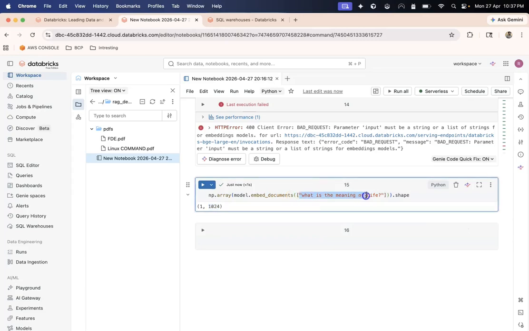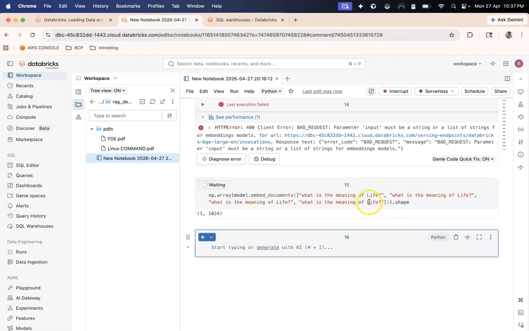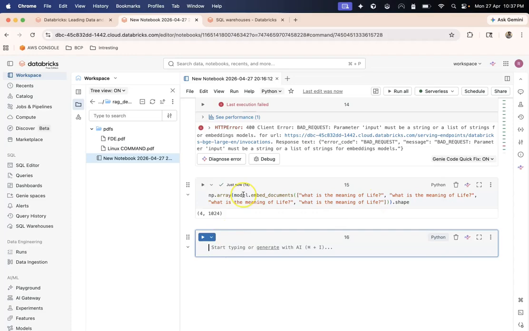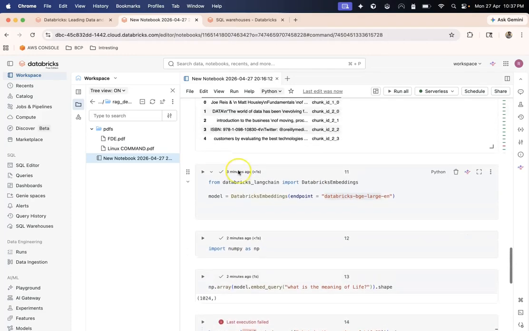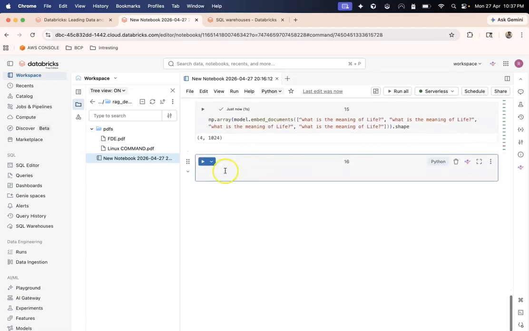Now the significance of this is that I can add multiple documents or texts to this list, and it will return 4 by 1024. The immediate consequence is that I can take these chunks. So I can do something like data chunk .to_list().